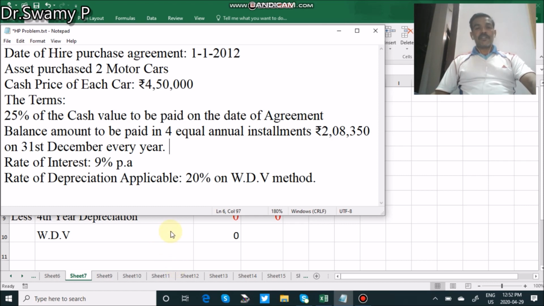In the books of hire purchaser, we need to prepare one ledger account like an asset account, and second one is hire vendor account, personal account and interest account, and remaining asset items are shown in the relevant accounts. In the books of hire vendor, hire purchaser account has to be shown. The difference between hire purchase sales and actual sales are known. And in this case, before calculating the depreciation and relevant items, I just want to show you the blank sheet.